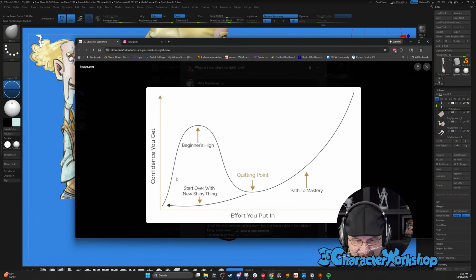That's it right there. But when you're right here, this is when you're most vulnerable, right? If you have a lot of trouble finishing things, this is the tipping point, the quitting point. And this is where I want to help you. I want to help you get to here, and make this effort worth it by pushing you past.